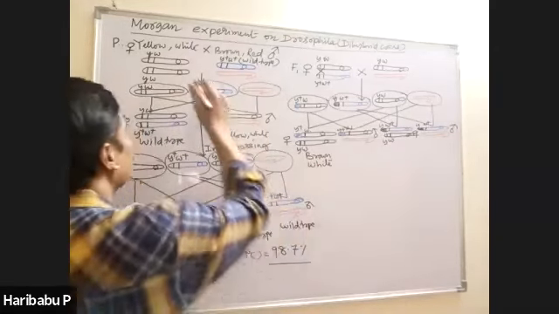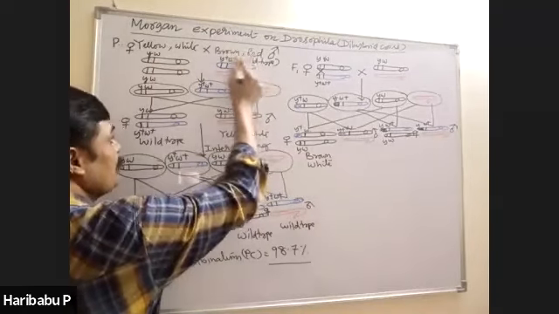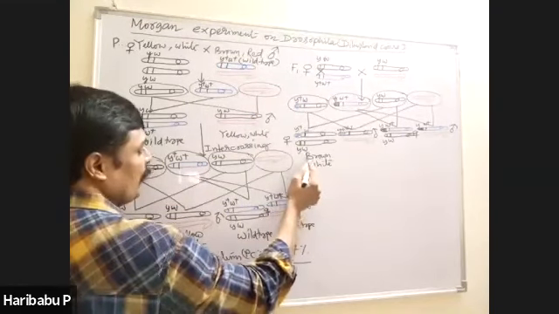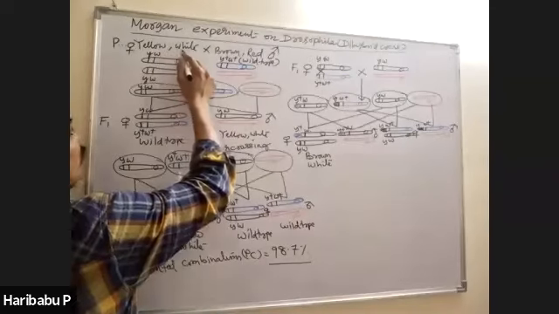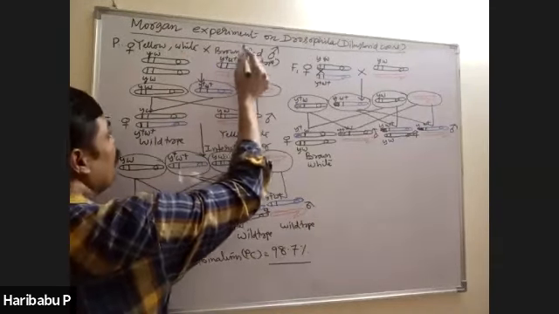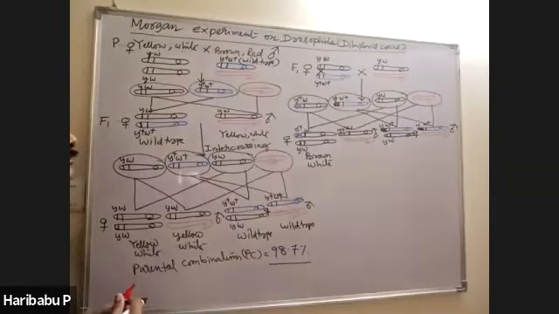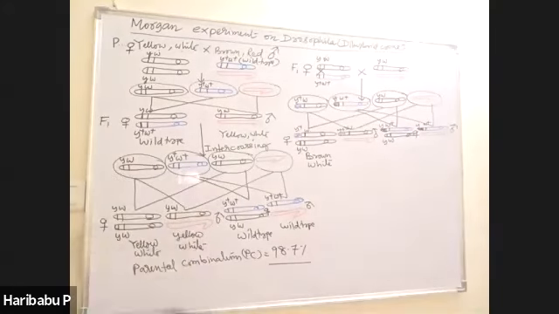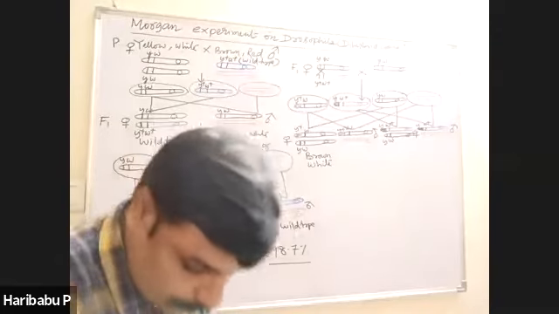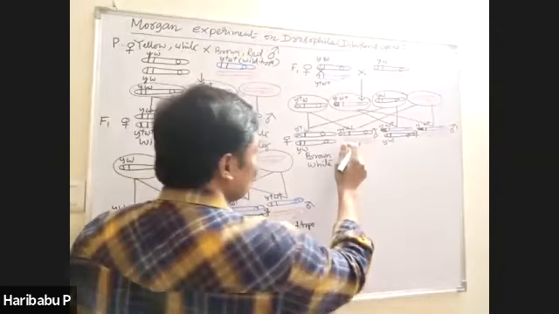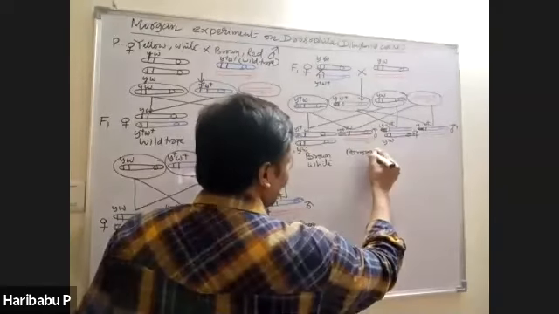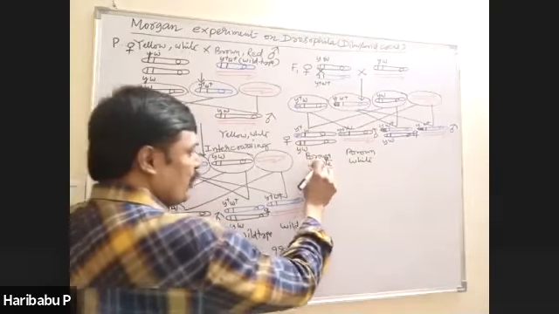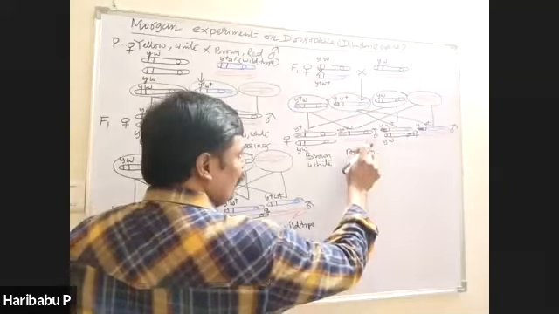See the recombinants. Brown, red is the parent type. But here, brown, white: this is dominant, this is recessive. Recombinant. See here, yellow, white: both are recessive. Brown, red: both are dominant. So here, brown is dominant, white is recessive. This is one. Next one, see here, this one is also the same. Brown, white. This is brown, white female. This is brown, white male.